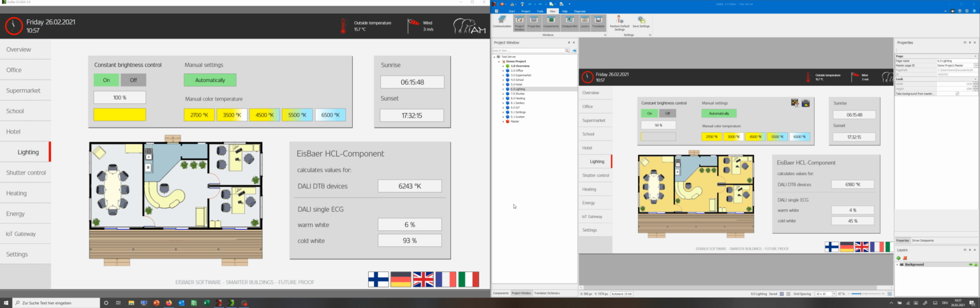With our component here in EisBaer, we have the ability to not only calculate color temperature for the DALI DT8 devices, we are also able to use single ballasts, for instance, one for the warm white and one for the cold white, LED stripes or LED fittings, and have them work as a tunable white fitting, because we are calculating the dimming values